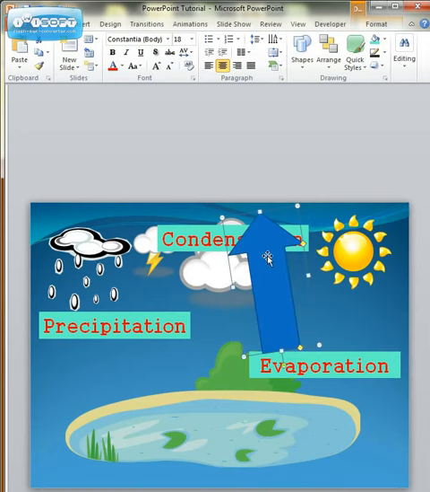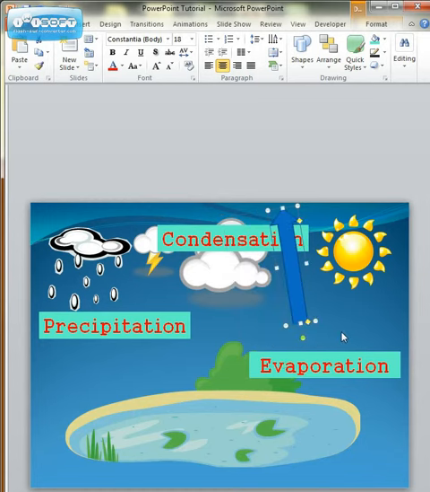I also think that this arrow is too wide, so I'm going to use these corner circles and place my mouse on the corner circle and click and drag until I get the arrow the size I want it. I can use these center squares to also change the size of the arrow. And then to move it, I just click and drag with my mouse to where I want it. So when I adjusted it to get the size I want and moved it to where I want it, there's